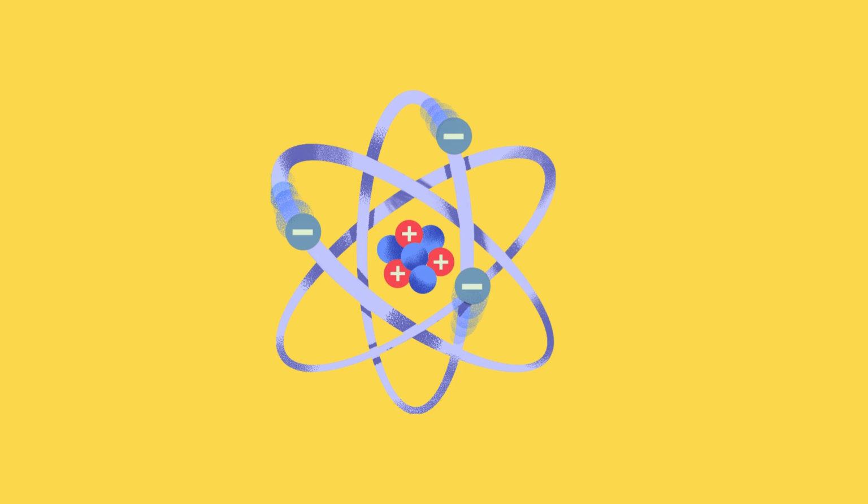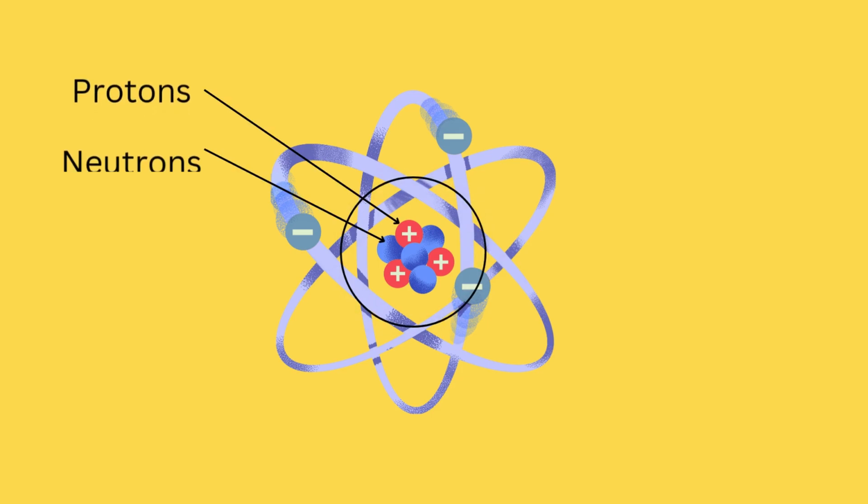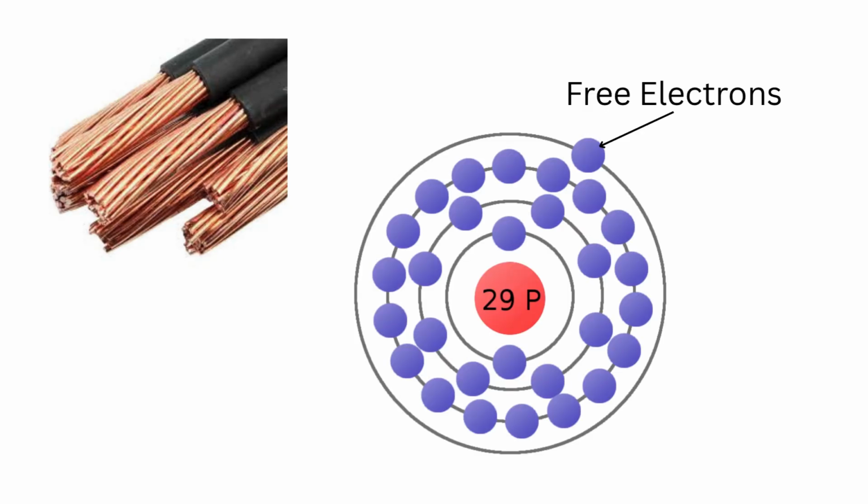Every material in the universe is made of atoms. In the center of an atom is the nucleus, containing protons and neutrons. Around the nucleus are tiny particles called electrons, which move in orbits. In metals like copper, some electrons, called free electrons, aren't tightly attached. They can move from atom to atom easily. When we push these electrons to move in the same direction, we create an electric current, and that's what we